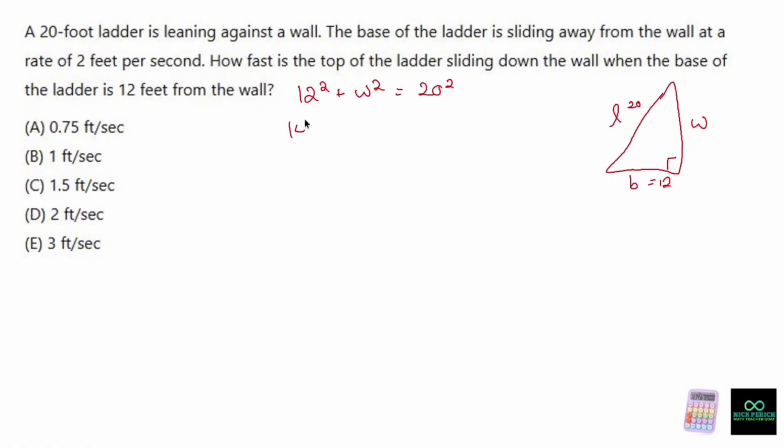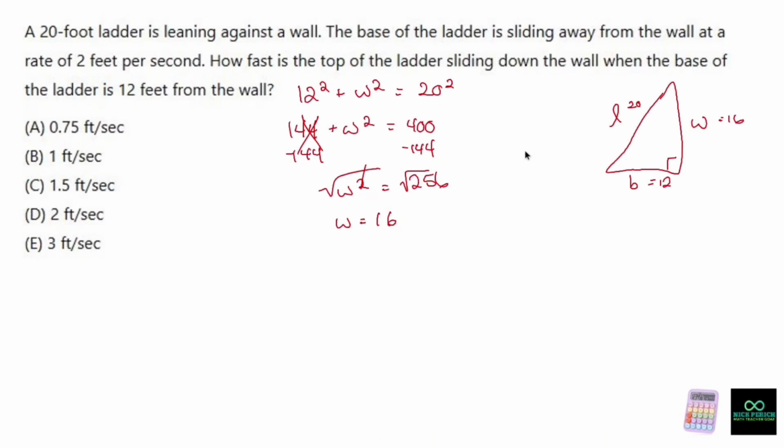12 squared is 144 plus W squared equals 400. Subtract 144 from both sides. That gets us W squared equals 256. Square root both sides. You don't need to do positive or negative because this is going to be distance. And the width at that moment is going to be 16. So W is 16. Now, in order to do the related rates problem, we need to realize what is changing and